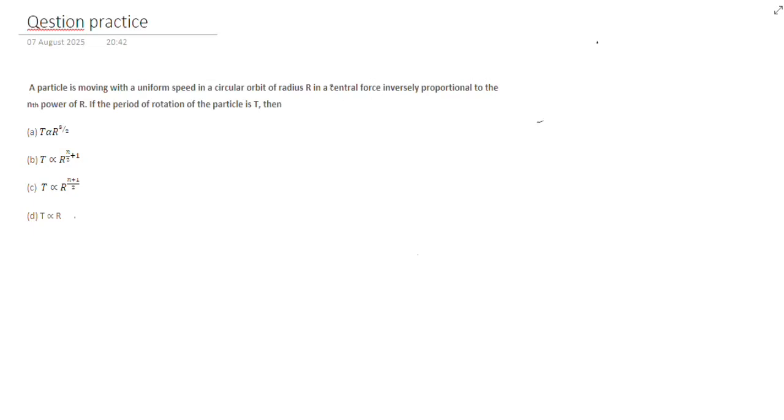The problem: a particle is moving with a uniform speed in a circular orbit of radius r in a central force inversely proportional to the nth power of r. If the period of the rotation of the particle is t, then... ठीक है। तो सबसे पहले हम देखेंगे कॉन्सेप्ट।